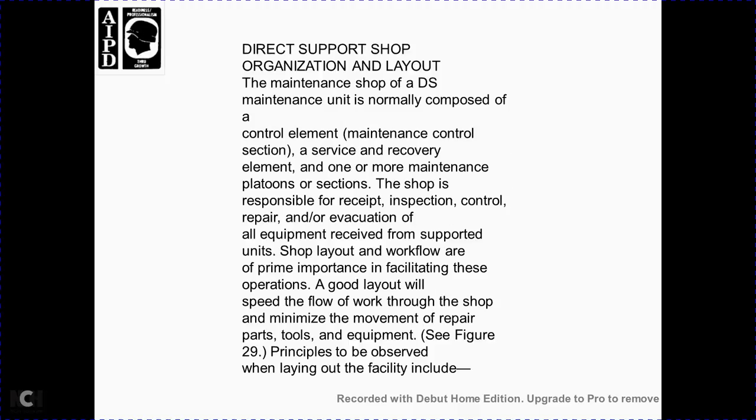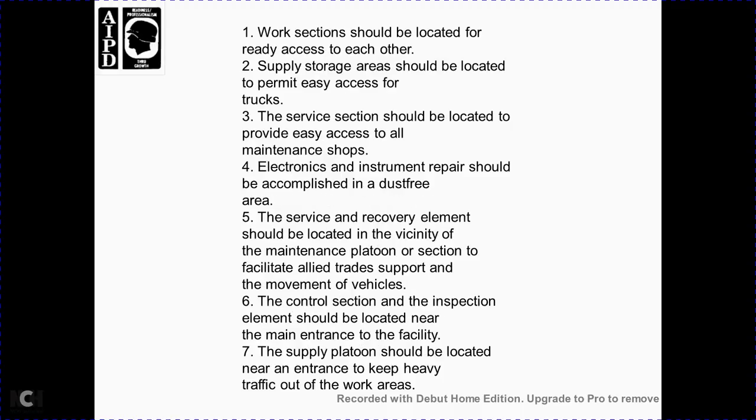battalion maintenance shop. Direct support shop organization layout. The direct support maintenance for the unit has a normal component of the control element, the maintenance control section, and the service element, and one or more of the maintenance platoon sections. The shop is responsible for the receipt, inspection, control, repair, and evacuation of all of the equipment received and supported. The shop layout with the workflow, with the primary inspection, is important to the facility operation. A good layout, with the speed and the flow of the work through the shop, minimizes the movement of the repair parts, tools, and equipment. See figure 29. Principles to be observed in laying out of the facility include: